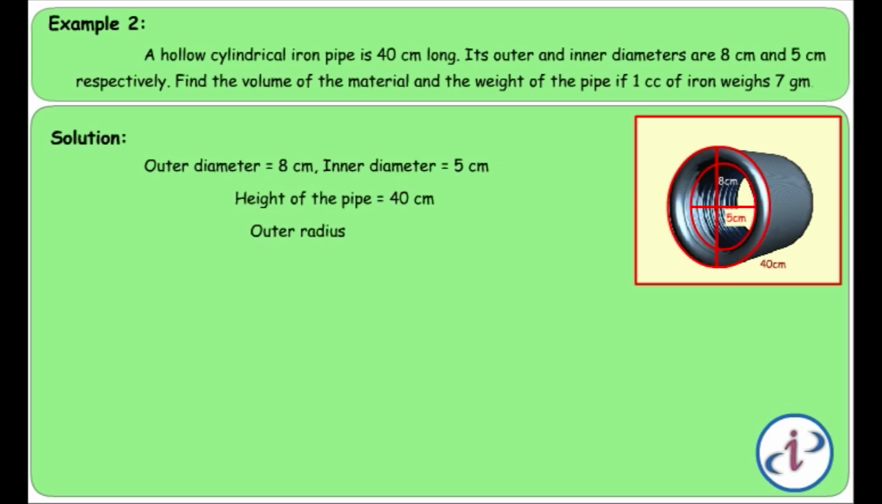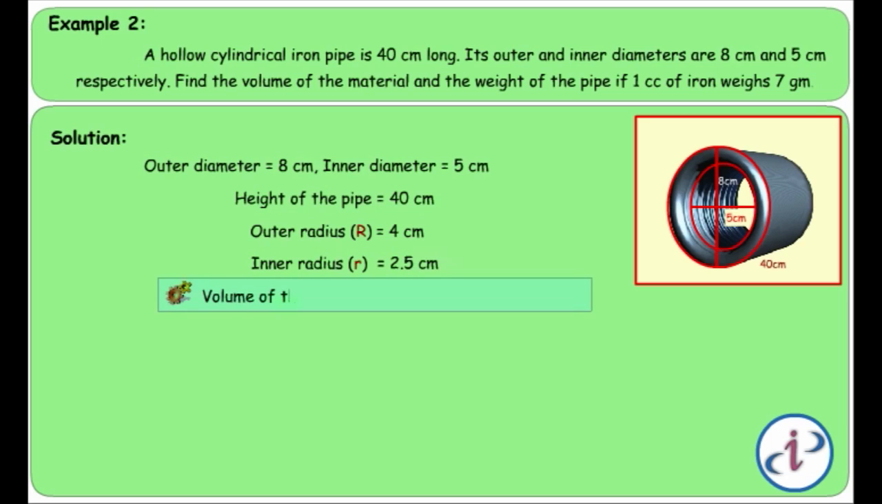Outer radius is equal to 8 by 2, which is 4 centimeters. Inner radius is equal to 5 by 2, which is 2.5 centimeters. We know that volume of the hollow cylinder is equal to pi times h times R plus r times R minus r cubic units. Substituting the values and simplifying further, we get 22 by 7 times 40 times 6.5 times 1.5, which is equal to